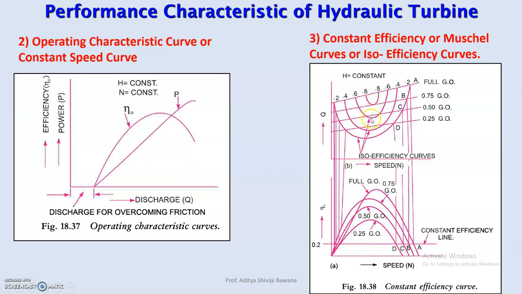Likewise they calculated all other values for various speeds and they found that there is only one peak value, that is the maximum value of efficiency. At maximum efficiency you get only one speed. At other locations you will have two speeds for the same efficiency. And if you plot this line, let us say this will be the maximum efficiency line. So this curve is called constant efficiency or ISO efficiency curve.